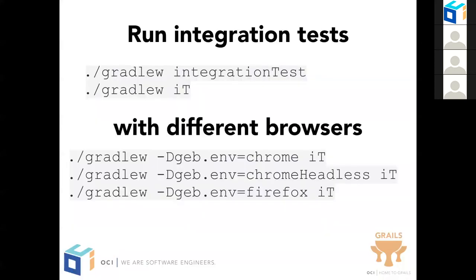Correct. Another thing that we should all be aware of is how can I run my integration tests? Geb tests are functional tests, but they are basically integration tests, and in Grails 3 you can think of them as the same thing. You can run them with the Gradle task integrationTest. A Gradle feature is that when you have such a long task name, if it doesn't collide with other tasks, you can invoke it with an abbreviation. So for running integration tests there is quite a nice abbreviation, the